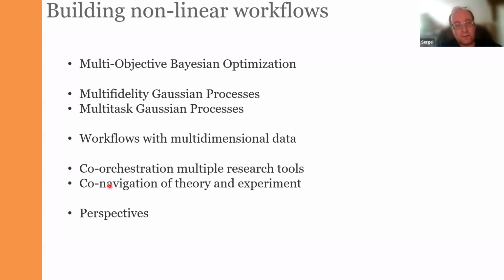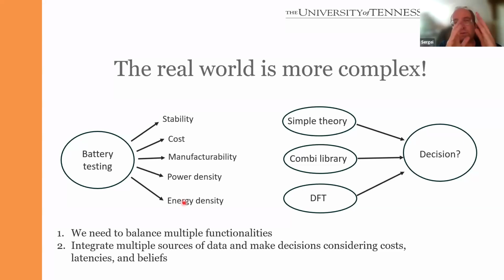So the several topics that we are going to talk about today is the workflows with the multidimensional data. So what are we going to do if instead of one function or several scalar functions that can be used as an objective, we can observe only multidimensional data like images or spectra? And briefly talk about what are the possible solutions for the co-orchestration of multiple research tools and co-navigation of theory and experiment. So the reason why we need all those is, as I mentioned, because for multi-target, we need